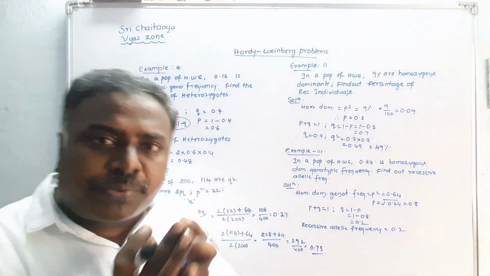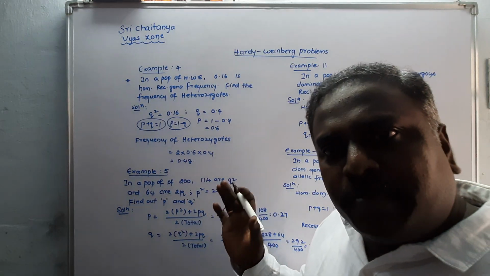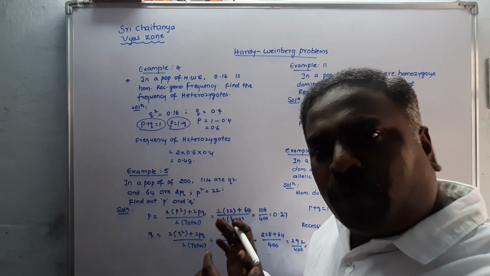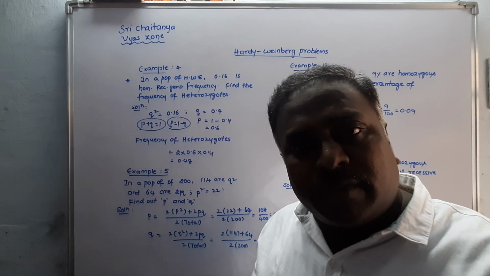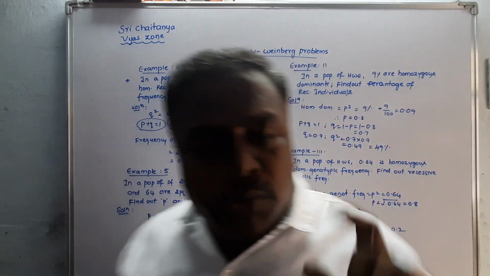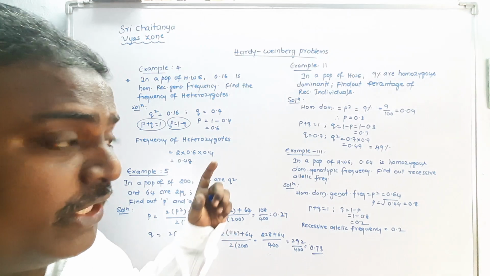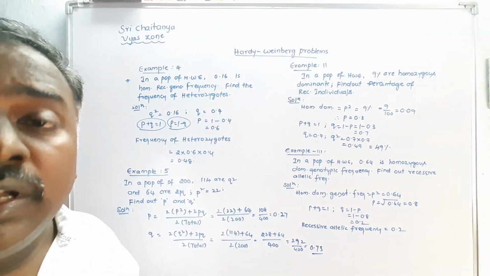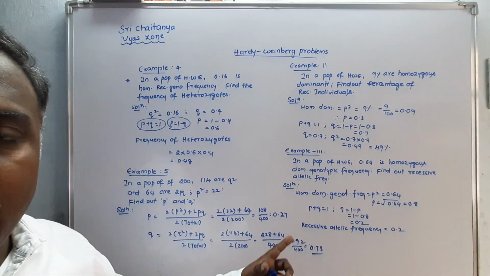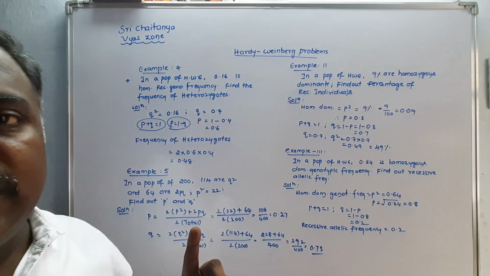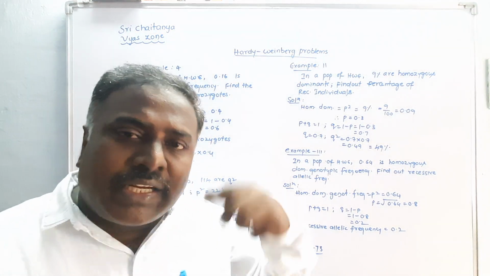So 5 different types of models are seen in Hardy-Weinberg equilibrium. If we follow these 5 Hardy-Weinberg problems and remember the formulas, you can do whatever type of problem is given in the public examination. You surely will do this. So repeat this once while you are writing the unit test, the cumulative examinations related to evolution, and the public examination. Just before that, revise these 5 examples. It is enough. You can do that. So thank you for this, and in tomorrow's class let us discuss the other one.